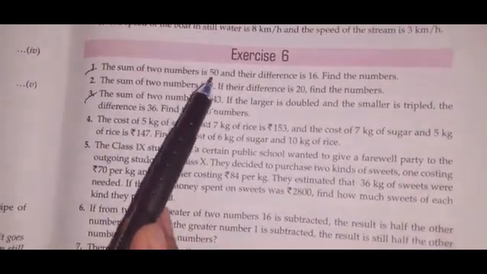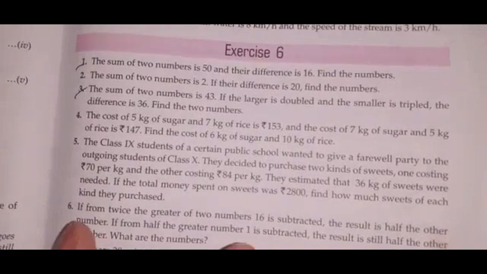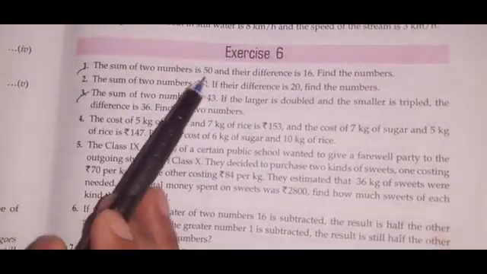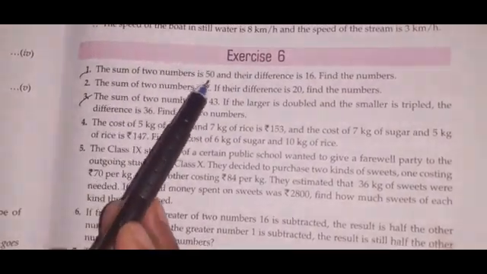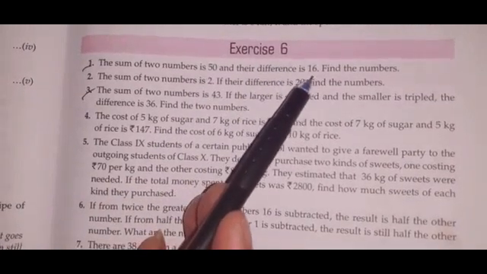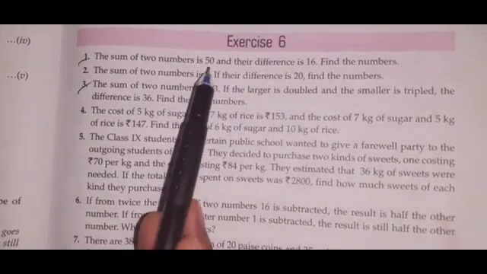You have to frame what you have to write. I thought that let those two unknown numbers be p and q. So according to the question, what is that? Sum of two numbers means p plus q is equal to 50. Their difference means what? p minus q is equal to 16. So we have two equations, and so we reach chapter 5.